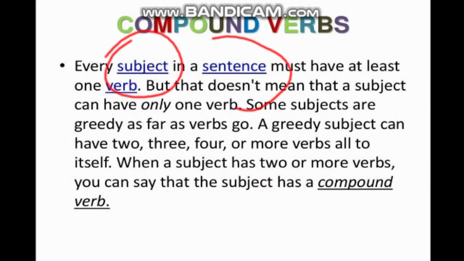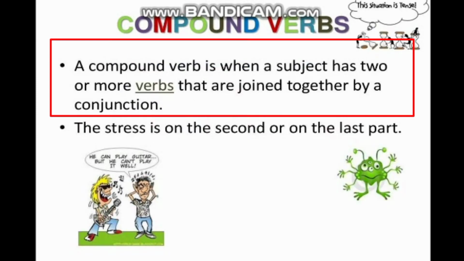What is a subject? Subject is the part which talks about the predicate. What is a sentence? A sentence is a group of words which gives a complete thought. And a verb? A verb is a word which shows an action or a state. State means situation. A compound verb is when a subject has 2 or more verbs that are joined together by